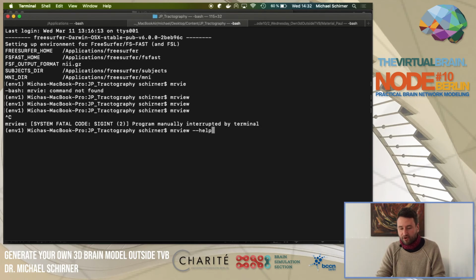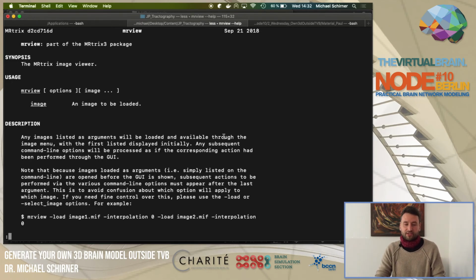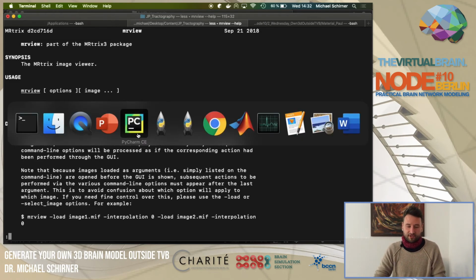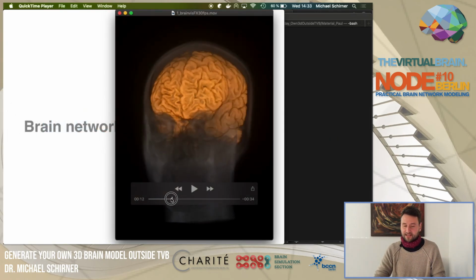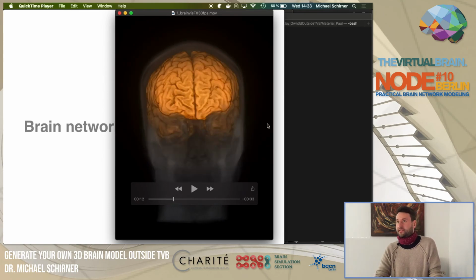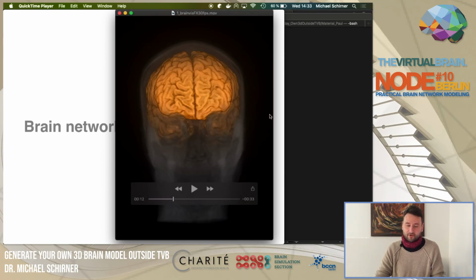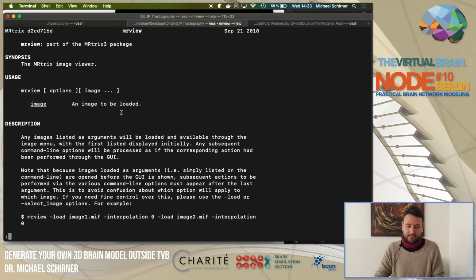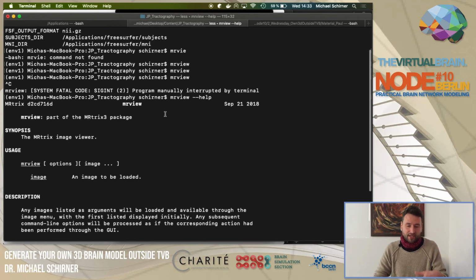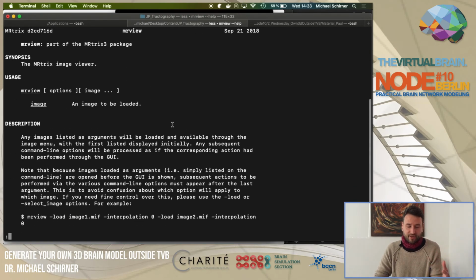For each frame of this video, you need to construct... a video is nothing else than about 30 pictures per second, right? This is a video. So we need to generate with this software 30 pictures for each second of our video. Each of these pictures is one call to MRView, and you can give MRView all the things that I just did in the GUI